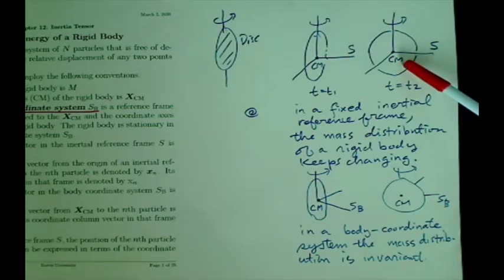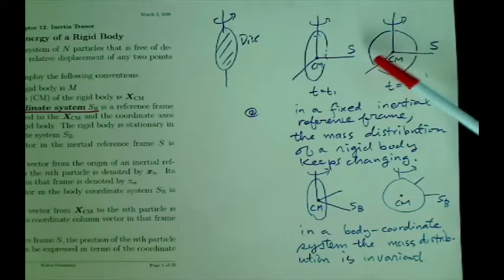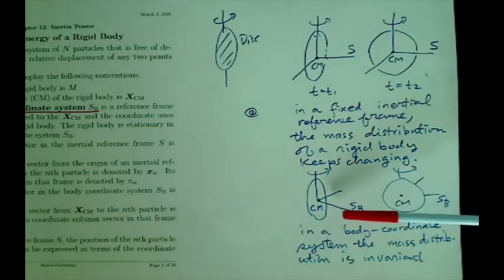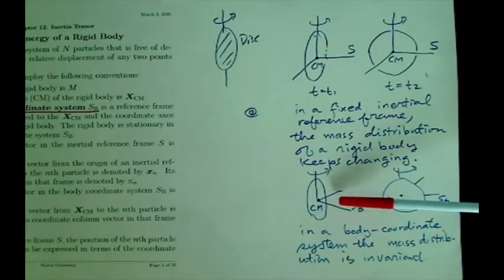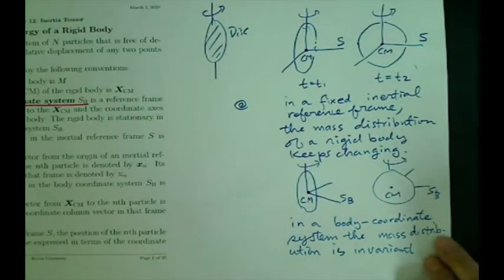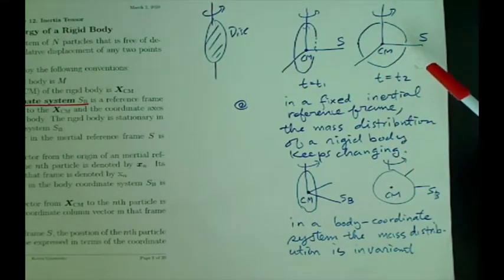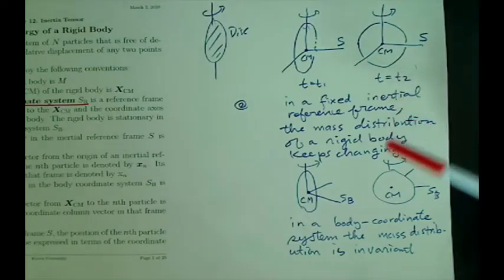Therefore, the inertia tensor computed in the fixed inertial reference frame becomes time-dependent. So instead of using the inertia tensor in terms of the fixed inertial reference frame, we use the